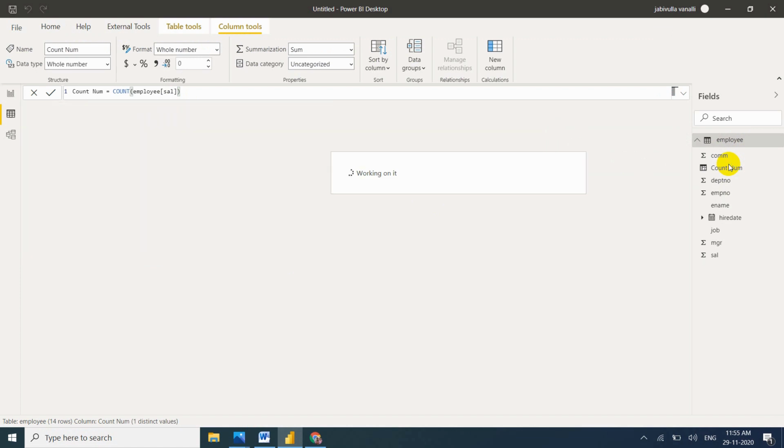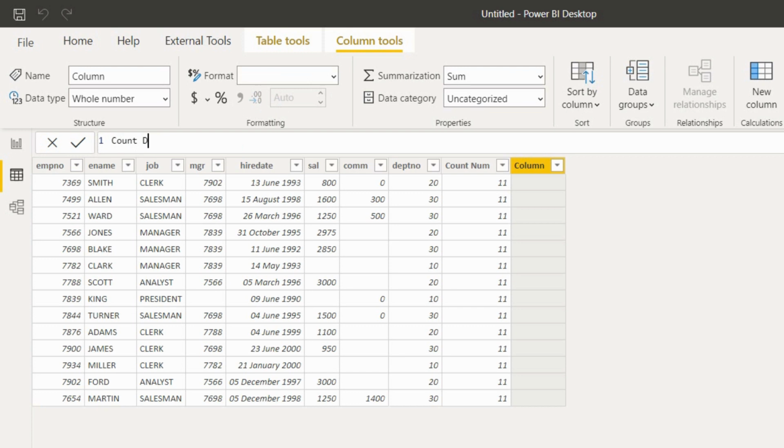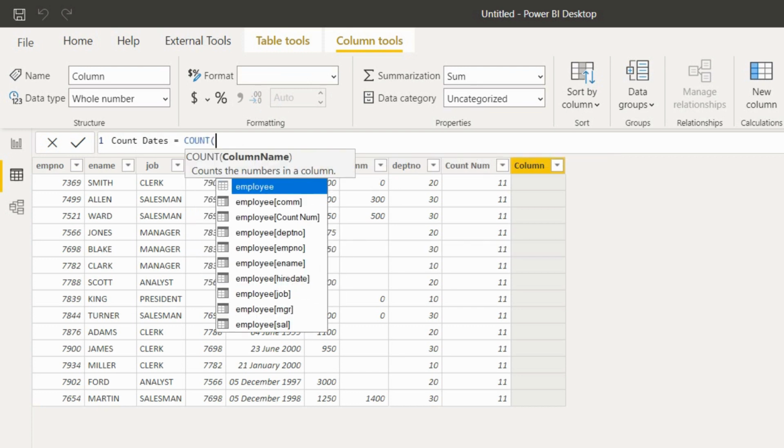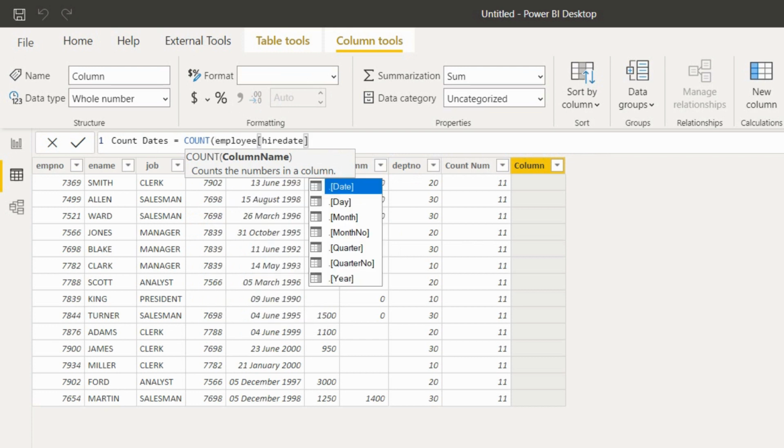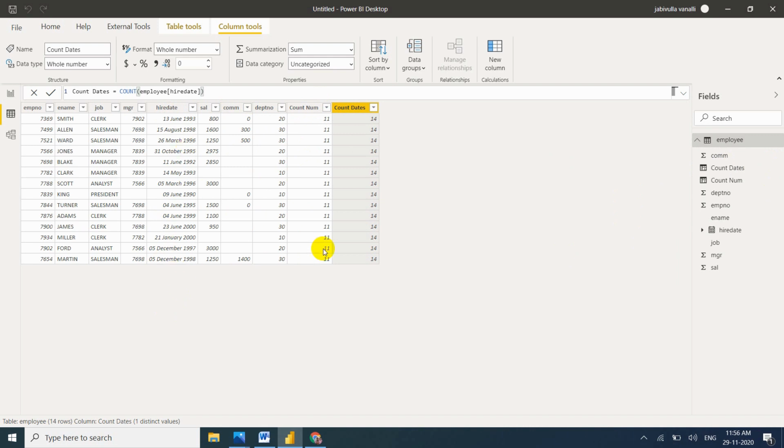My measure name is count date, just mentioning count date so it is easily understood. Count date equals COUNT of the hire date column. So the COUNT function will work for dates also. How many values in this column? 14. That's the reason it shows 14, so there are no blanks.